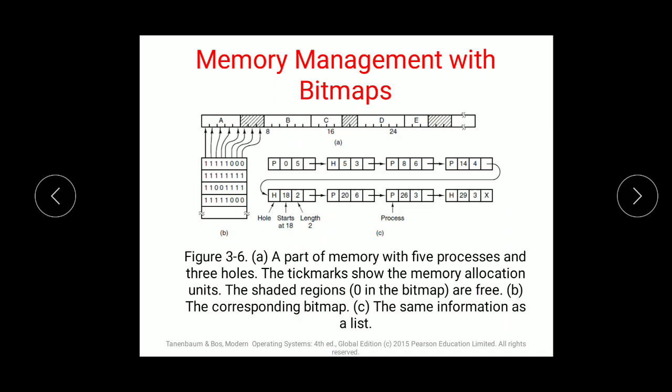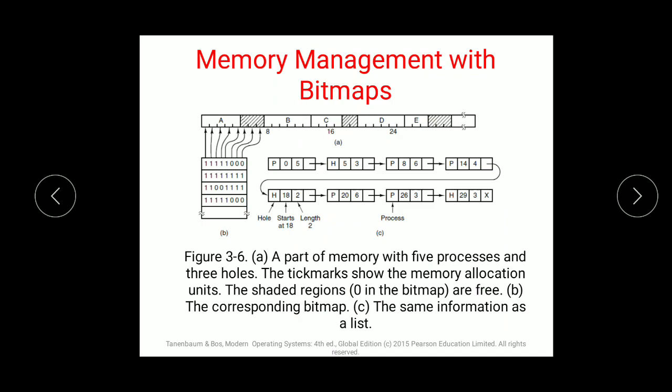So 32 bits can be arranged in one bitmap value, and if the allocation unit is chosen larger, the bitmap will be smaller. Appreciable memory may be wasted in the last unit of the process. Somewhere a memory location can be wasted, if the process size is not an exact multiple of the allocation unit, then it will be wasted.